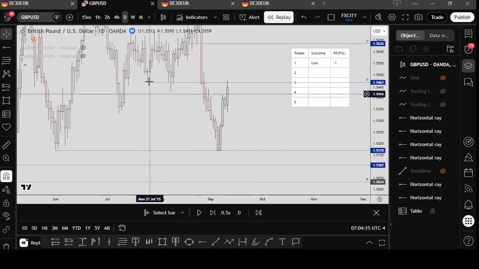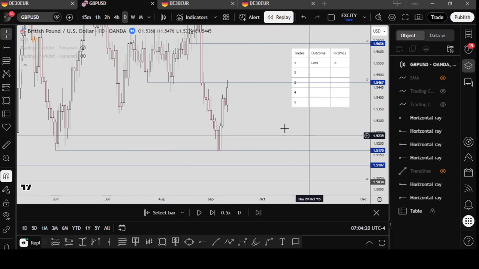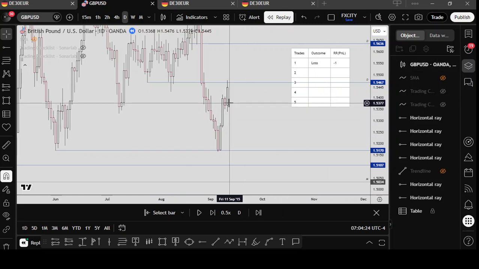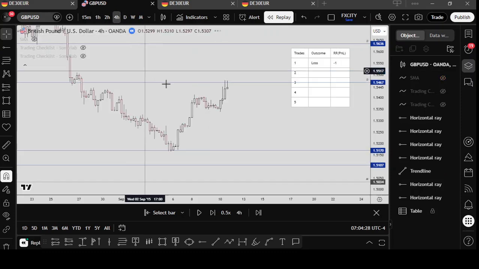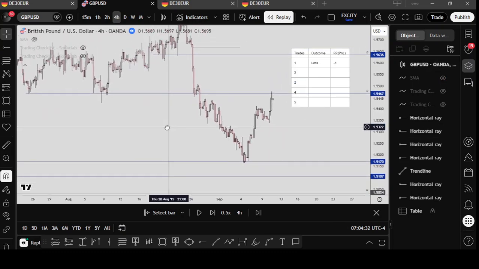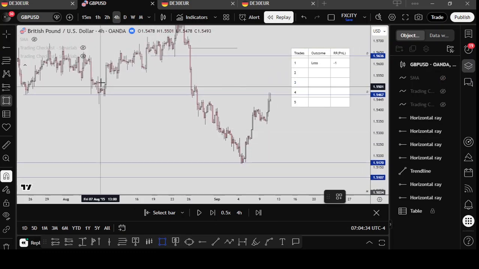So on Friday we are now looking to, this is actually the last result, right? So the last result for us for a potential sell-off on this weekly, and we look for that to come in on Friday. So if we go in on the 4-hour time frame, we are expecting a potential sell